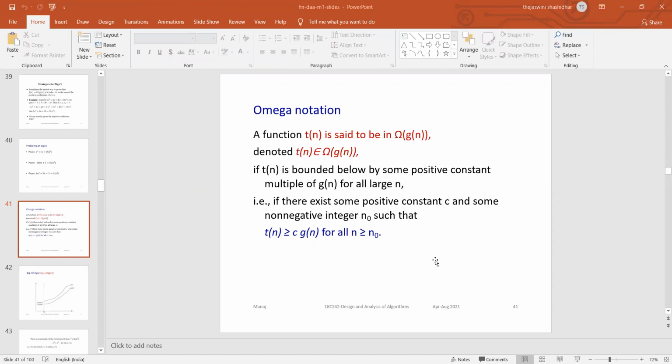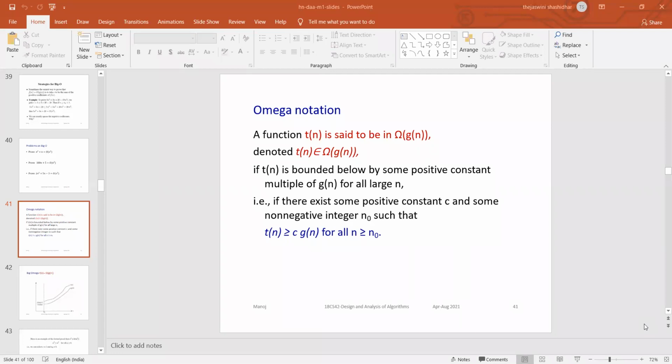So can you tell the relation of big O notation, how T of n and G of n will be there? What is the relation between T of n and G of n? Can anybody tell? T of n relating with G of n, whether it is lesser, whether it is greater or anything. So T of n is less than or equal to C into G of n. So that one we call it as big O notation.